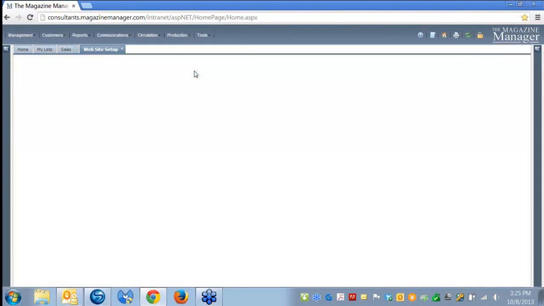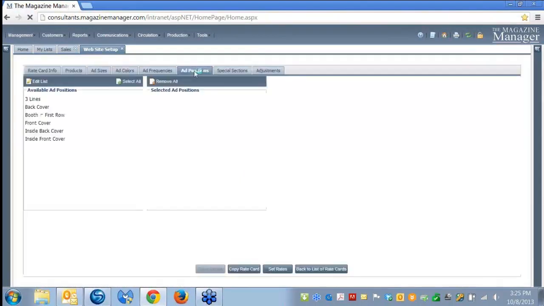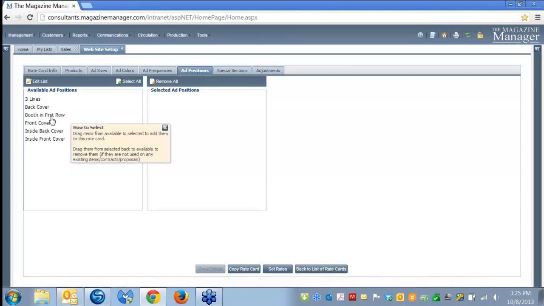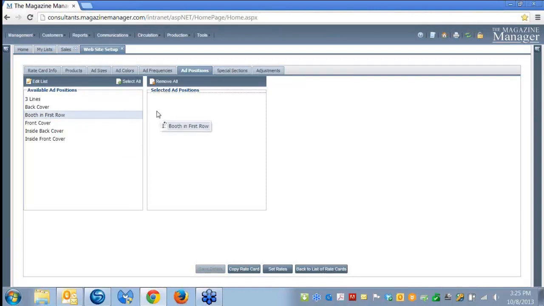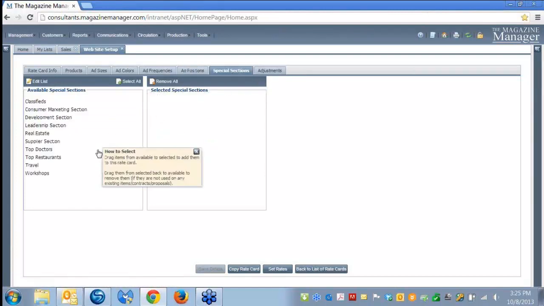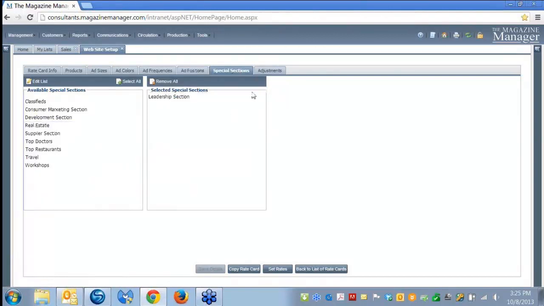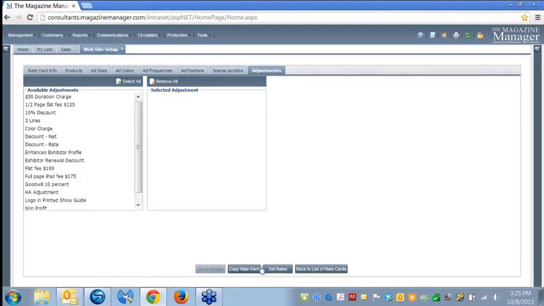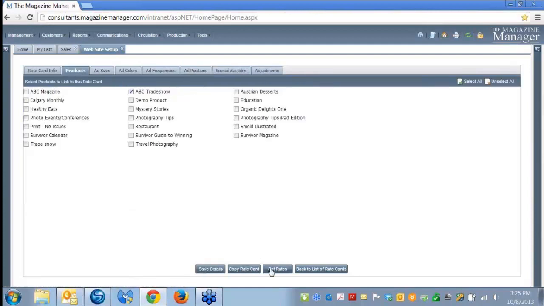Anything premium that you want to offer as well can be added in the premium position area. Do you charge extra to give them a trade show booth, right up front? Maybe you charge an extra $50 to rent that space. You can drag that over and use that as a premium. Special section, again, if you want to identify something here, they're in the leadership section of the trade show, and your adjustments. Okay. So now I'm going to save this information